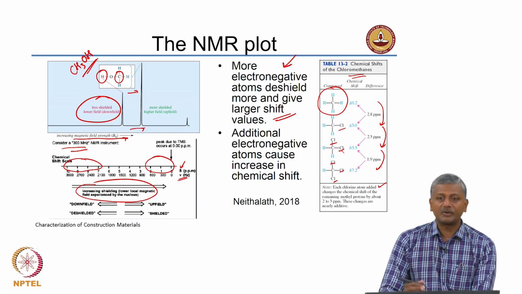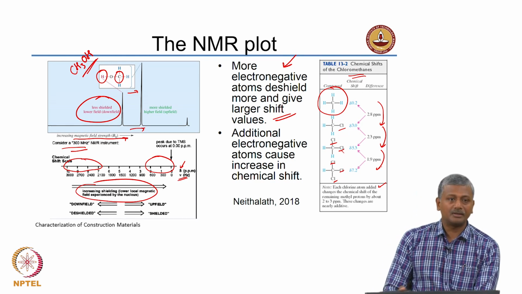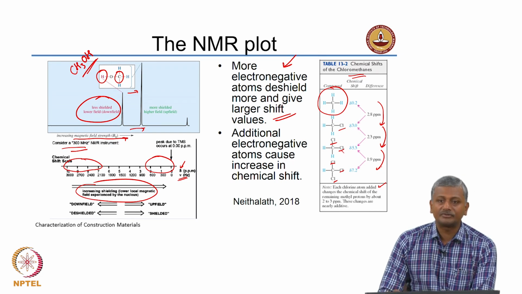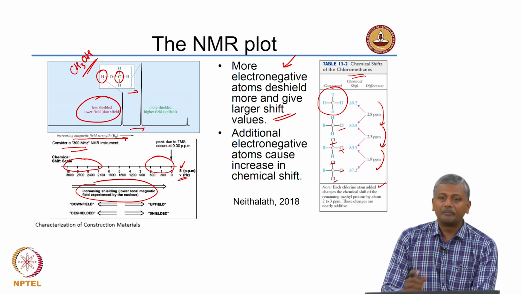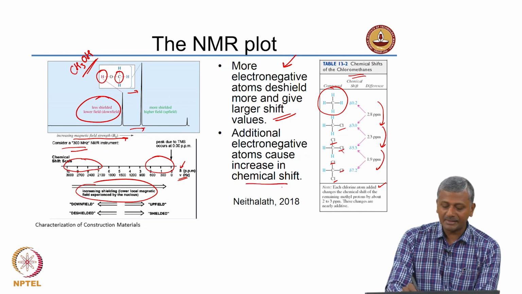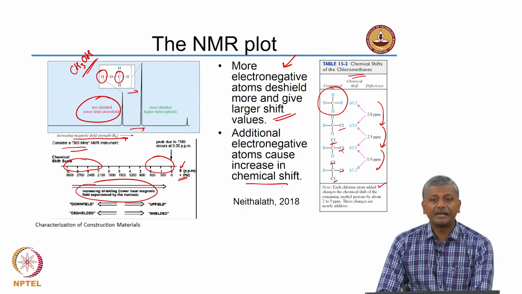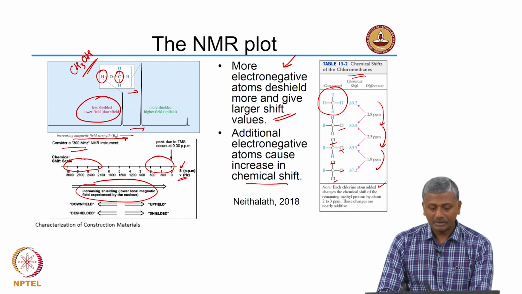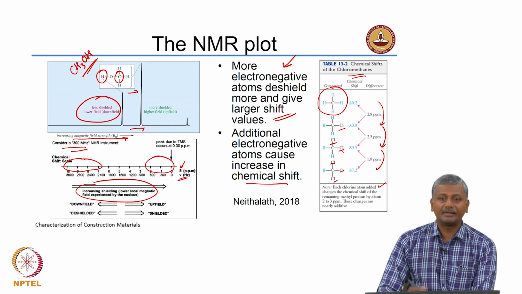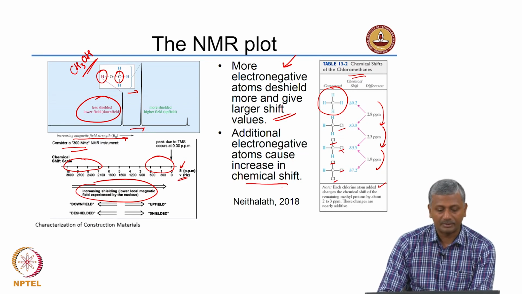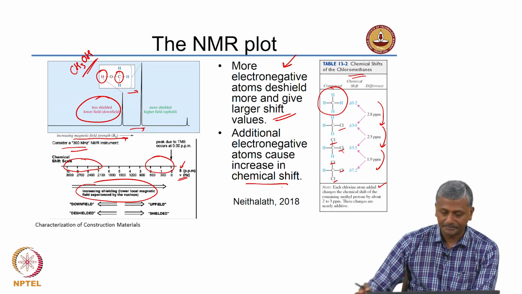So when you try to detect chloromethane with NMR spectroscopy, you will be able to detect the extent of chlorine present in the system by looking at the positions of the shift. Okay. So there is an increase in chemical shift when you have additional electronegative atoms. In this case chlorine obviously is an electronegative atom and you are tending to shift more and more, and that helps you to understand where to detect different states of chlorine which are substituted in the methane structure.